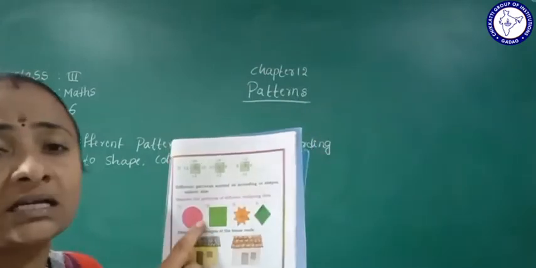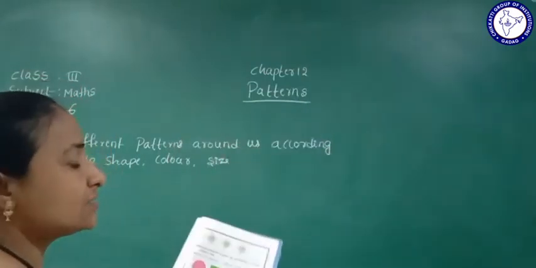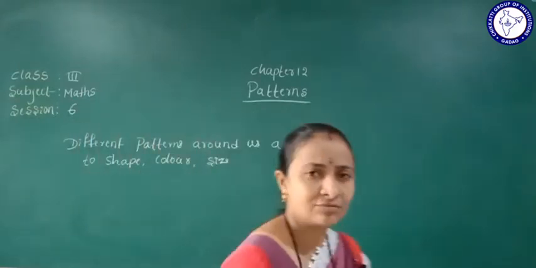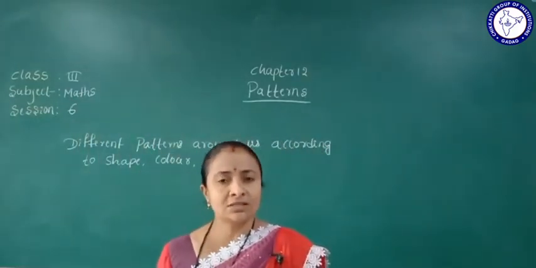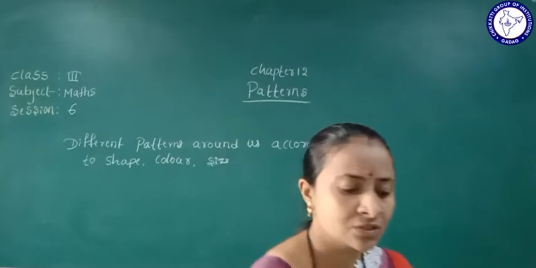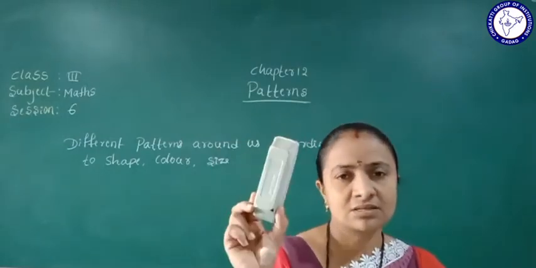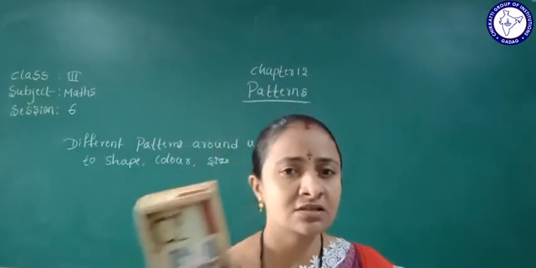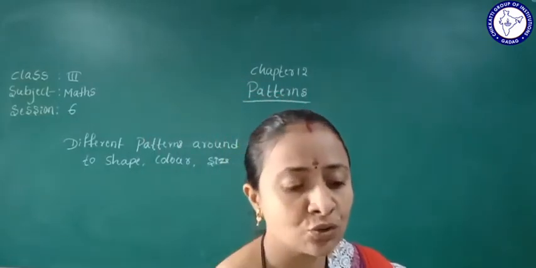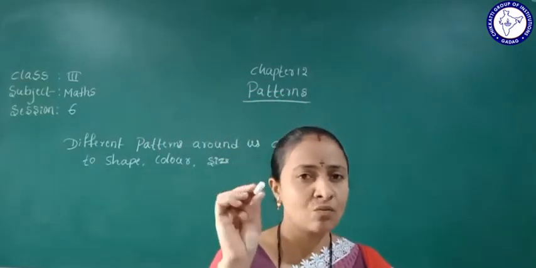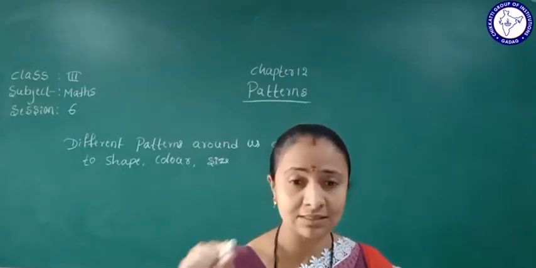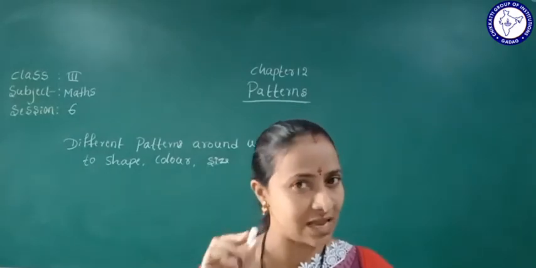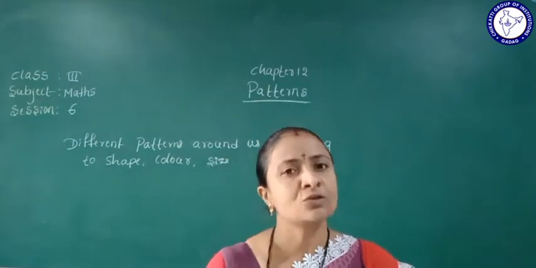These all are tiles. So it means in our surroundings we can see different types of things. So all the things are not the same. So I'll show you, this is one type of thing. Yes, this is a duster, this is one type of thing, and I'll show a box, this is also one type of thing, and I'll show a chalk, so this is also one type of thing, but all the things have a different size, shape and also color.